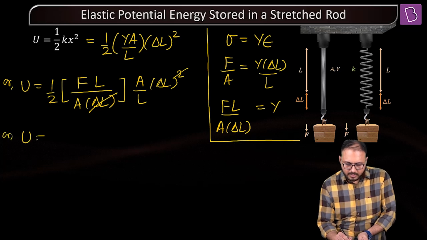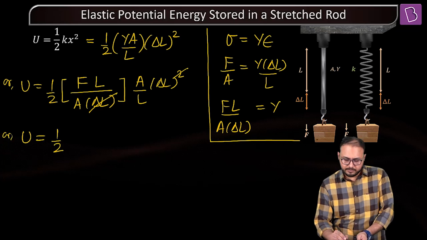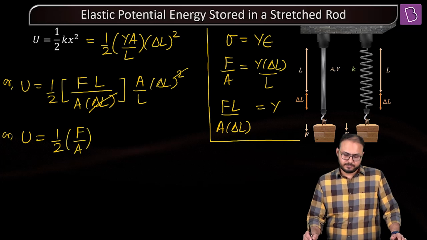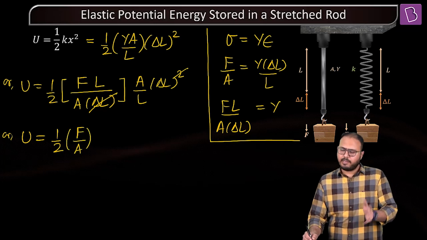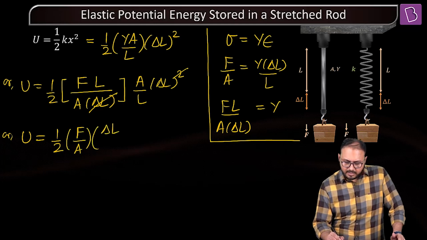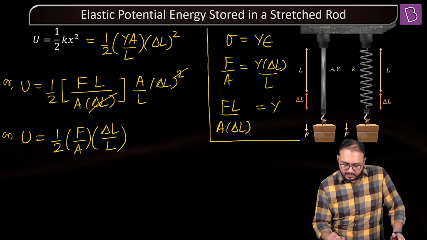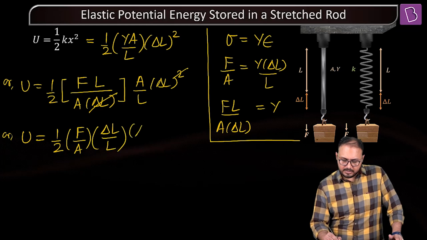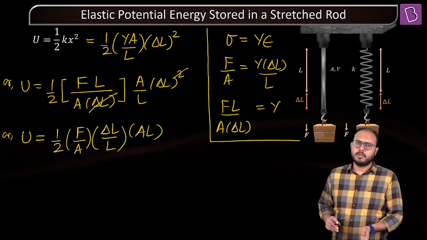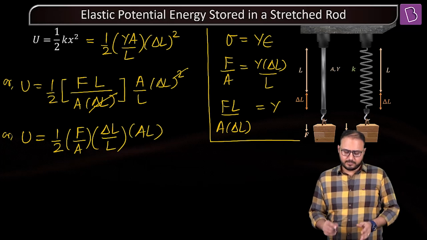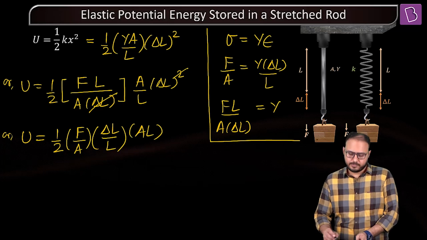Or U is equal to half. Let half be half. Let one of the areas be below F. One of the areas be below F. Okay, done, sir. Let one of the delta L. Okay, sir. What is left here? Sir, AL. Take your time. But sir, A and L can be cancelled. Hold on. Don't cancel. Okay, fine, sir. Got it. Sure? Yes, sir.